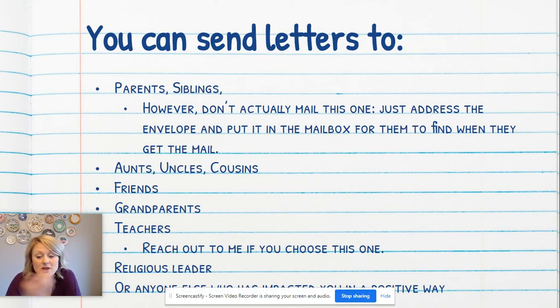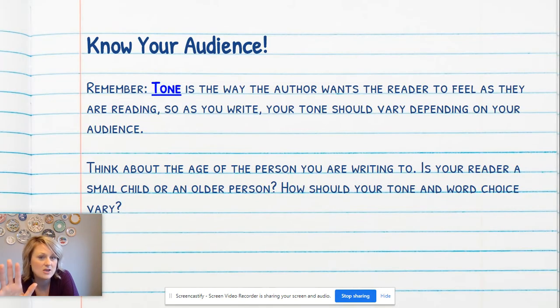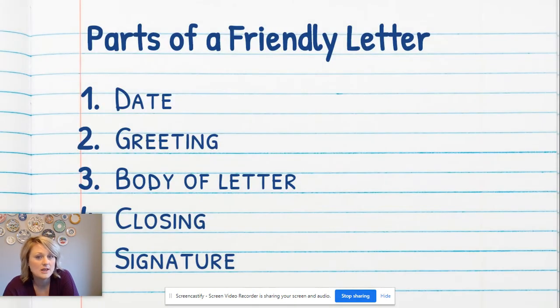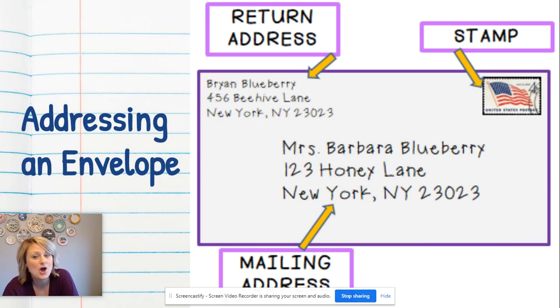So that's for this week. I want you to work through all these slides. They've got everything you need to know about your letter, all the parts of a friendly letter, what your friendly letter should look like, along with what your envelope should look like when it's done. So reach out if you have any